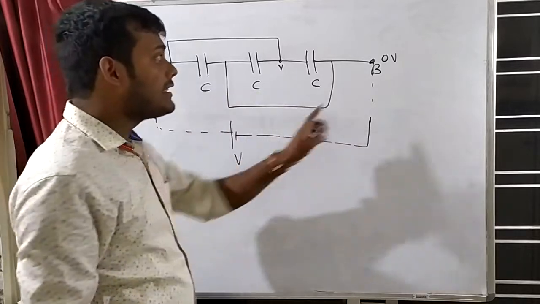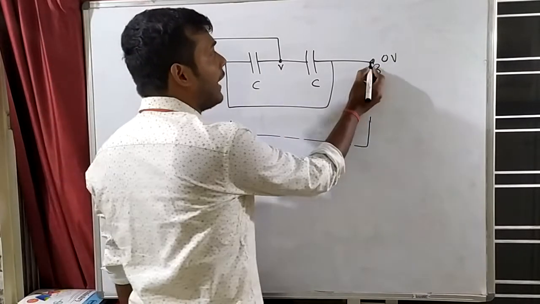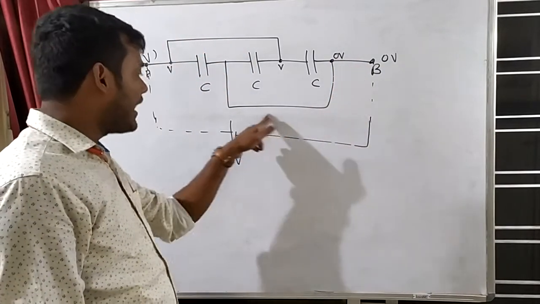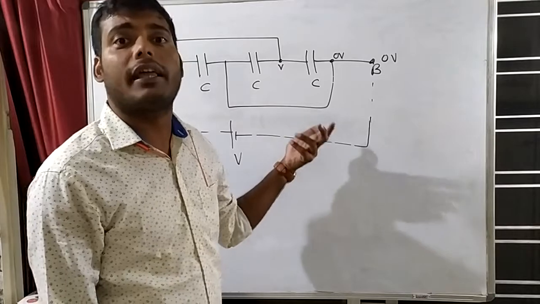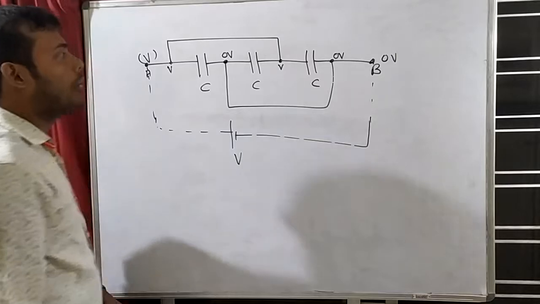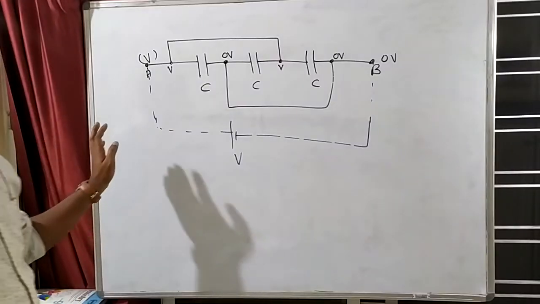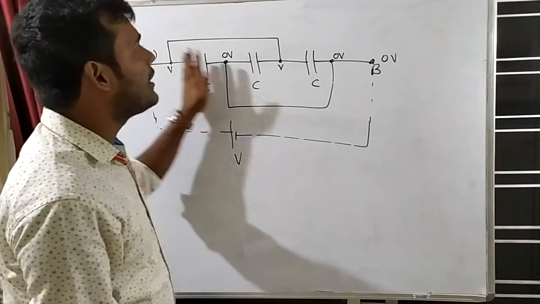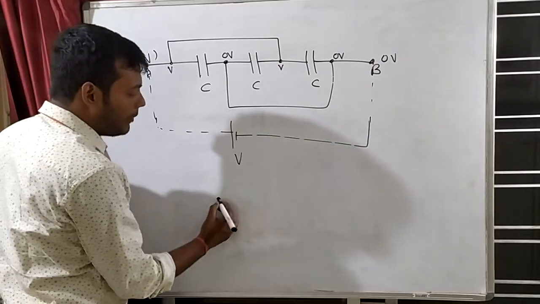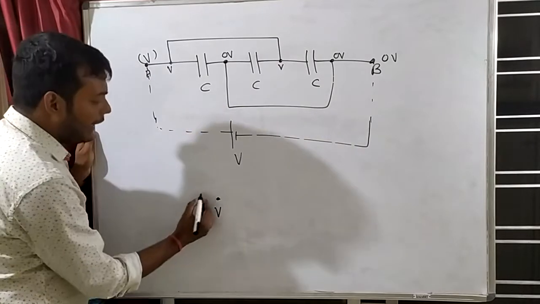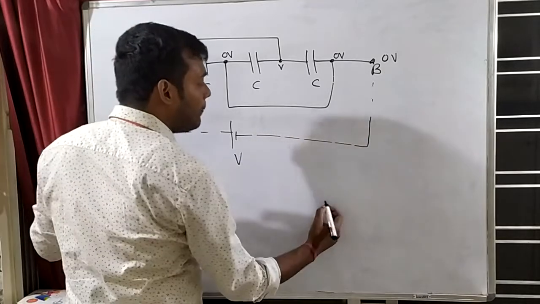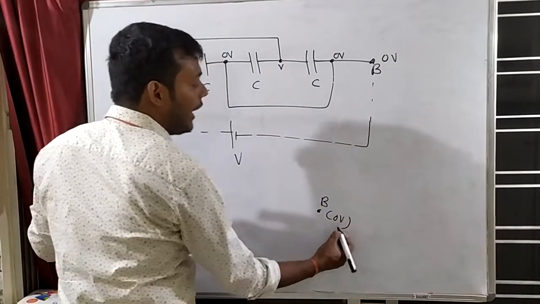Clear. Here see, what is the potential of this point? 0 volt. Here in this path nothing is connected, so this point will also be 0 volt. Here this wire is directly connected, there is neither any capacitor nor any resistor, so this point potential will be how much? 0 volt. Clear. So first I will distribute where will be V volt and where will be 0 volt. Now this question will become easy. Let's say this point is A, and A point potential is V volt, and there is another point B, and B point potential is 0 volt. I will redraw like this.